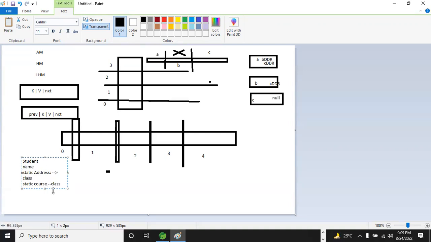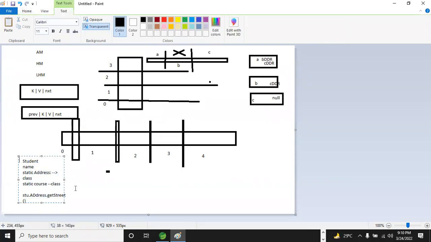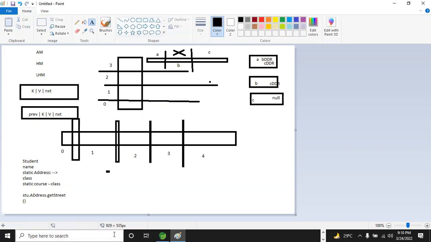And whenever I want to use that, how will I use it? I create a student reference and I call the relevant address object and I use getStreet. That's it. I don't need to create any object, so I can easily access it. So this information should be enough for us right now to understand what an inner class is. Basically any class within a class, and that can be a static inner class or a normal, a private class or a final class. It can be in any format where you don't have a reference for creating an object. Any questions on this one? Inner class?